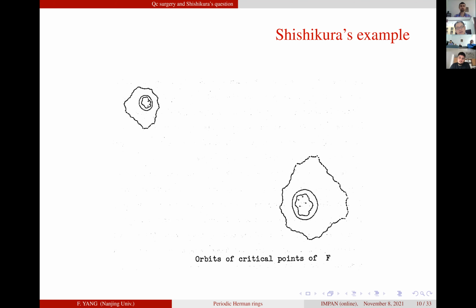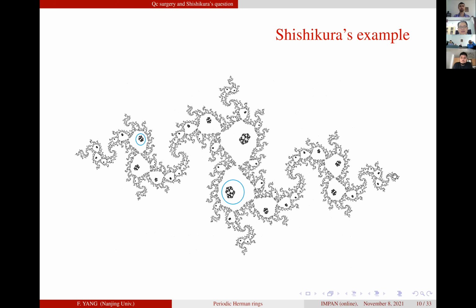And this picture was drawn by me, and I draw the whole Julia set like this, and also draw some 2 periodic caps in the Herman rings. So I think Shishikura produced such examples,